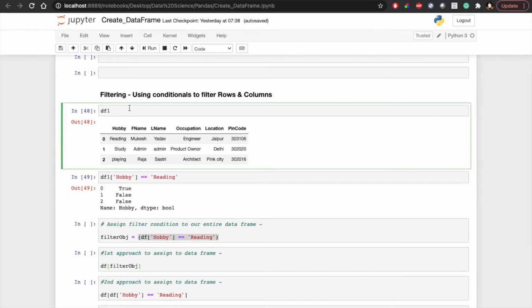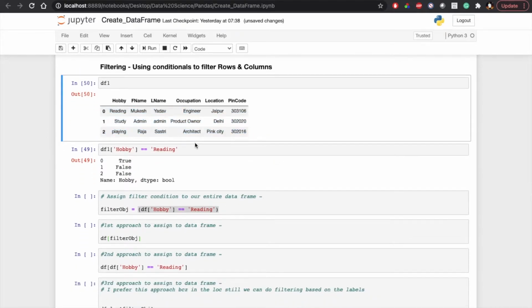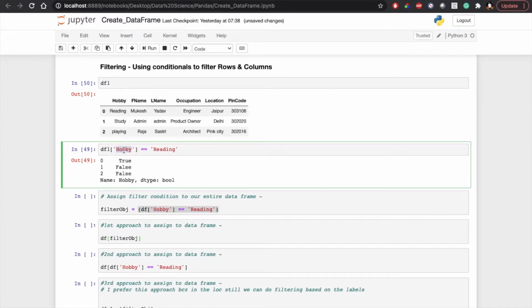So here I have created one data frame, df1, and df1 shows the column names hobby, first name, last name, with indexing 0, 1, 2, and it has some values. Now I have to call the hobby column and check whether this column contains the value reading or not.